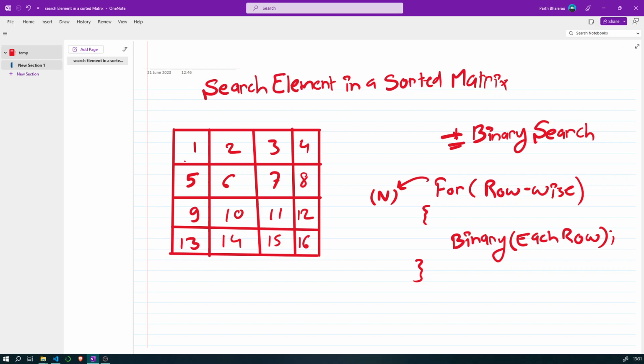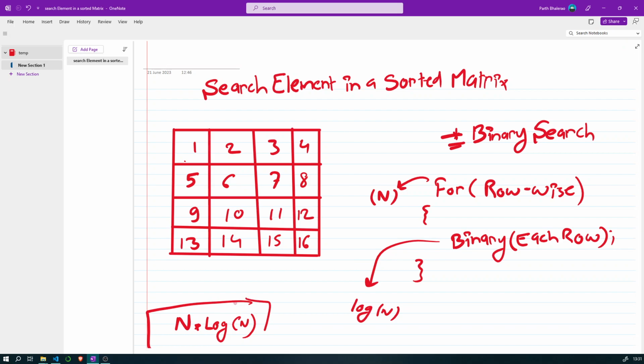So the total time complexity would be n multiplied by log n.